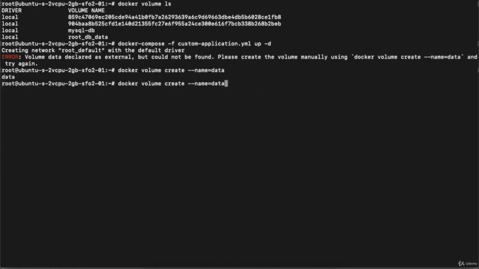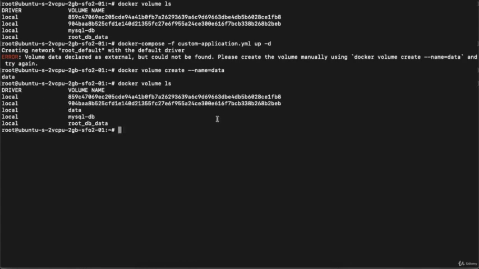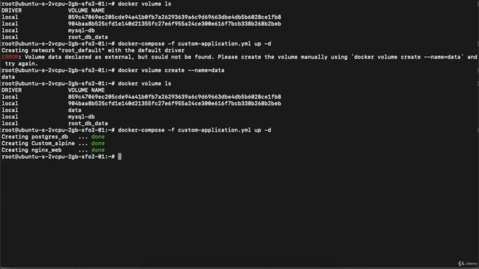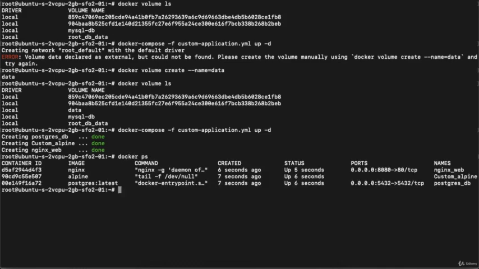Execute the command docker volume ls, and you can see a new volume named data has been created. If I start my docker compose now, I am able to start it. See, all set. If you execute docker ps, you are able to access it.